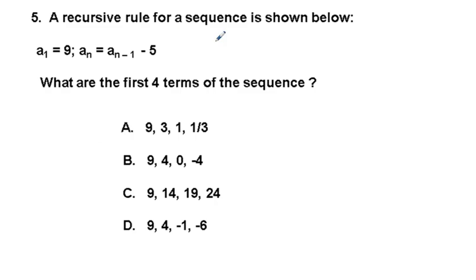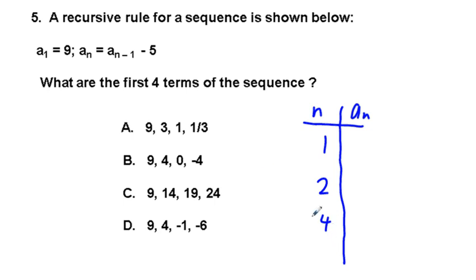5. A recursive rule for a sequence is shown. What are the first 4 terms of the sequence? Well, I'm going to just write it out in the table here. I'm going to put N, A sub N. So the first 4 terms using the recursive rule,